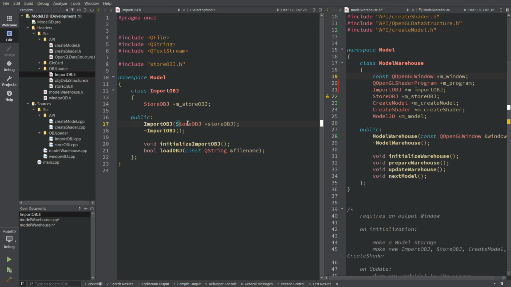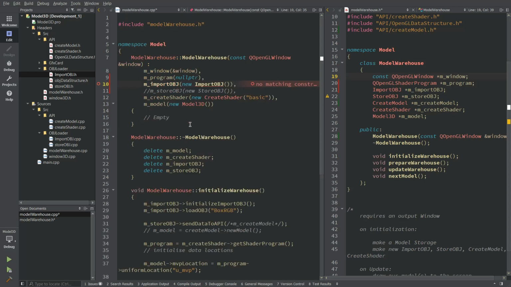Just get rid of that. Just for now. Doesn't matter. We're just making sure things work. Okay. It works. Not a problem. Should really be a null pointer if I was doing it properly, but